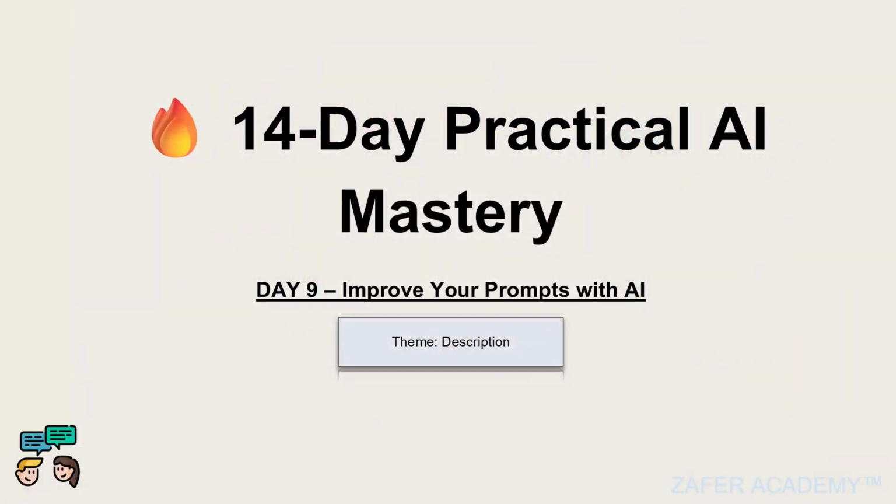Today we are looking at improving your prompts with AI. From day 1 to day 8, we've been looking at how to use different frameworks to improve our prompts, right? And we've looked at various exercises, various tasks which we would want AI to accomplish for us. Based on those tasks, we've used various frameworks to improve the prompts which we use to get AI to better serve us, or to better produce a result that is most appropriate and most suitable to our use case, right? So today we want to look at how we can provide a rough prompt.